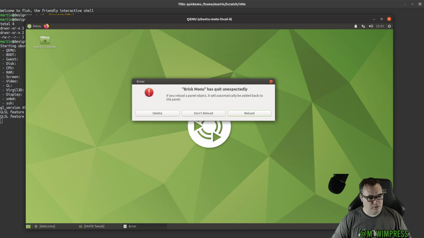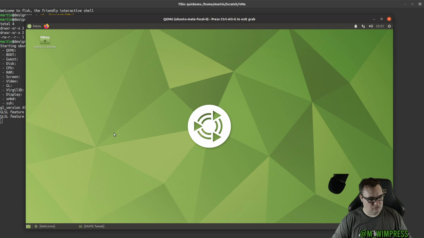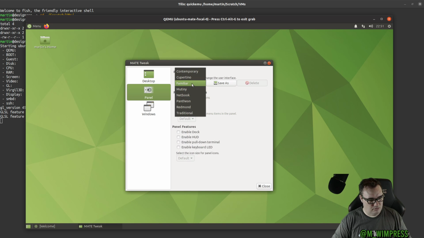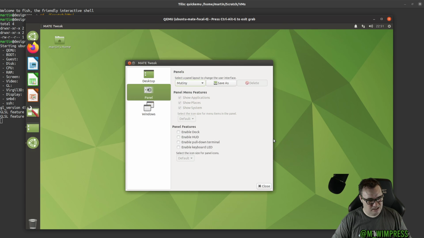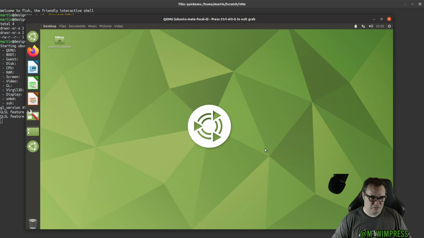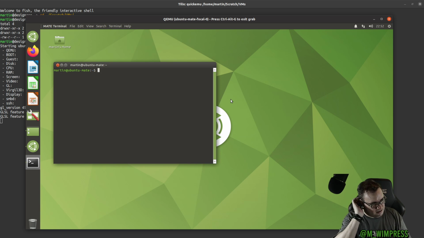Right, okay, so we've got one exhibit of a problem that we're trying to get rid of. So we'll reload that. There we go. Ooh, that's a bit ugly, wasn't it? Let's try Mutiny again. This is the one that really pushes it. It kind of worked. Okay, right. Let's get on and